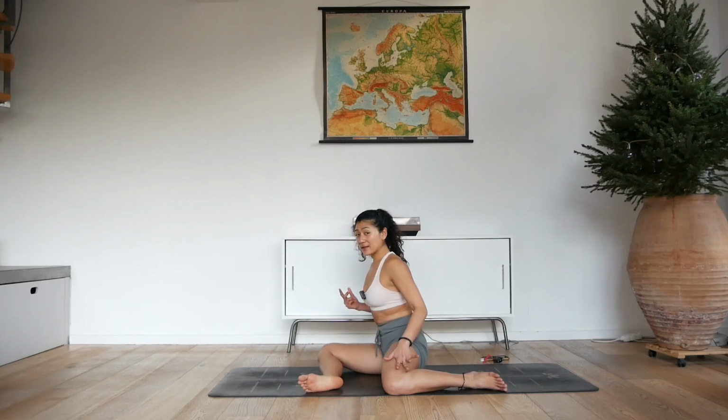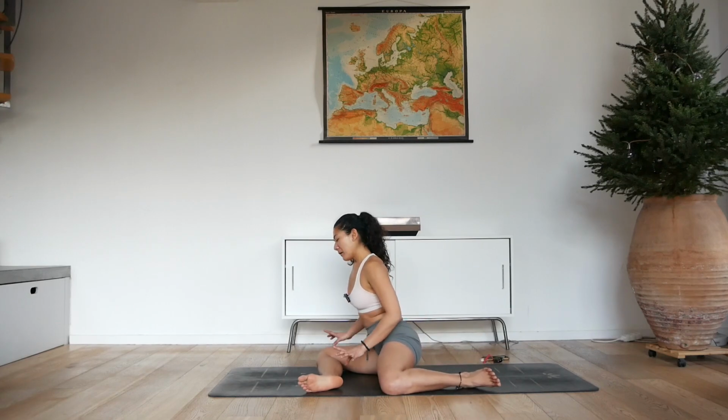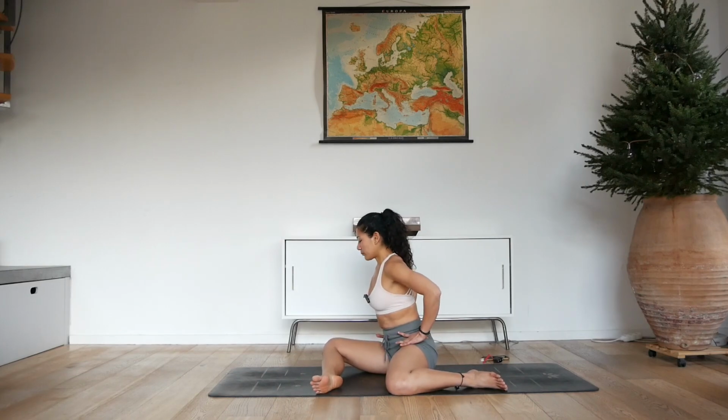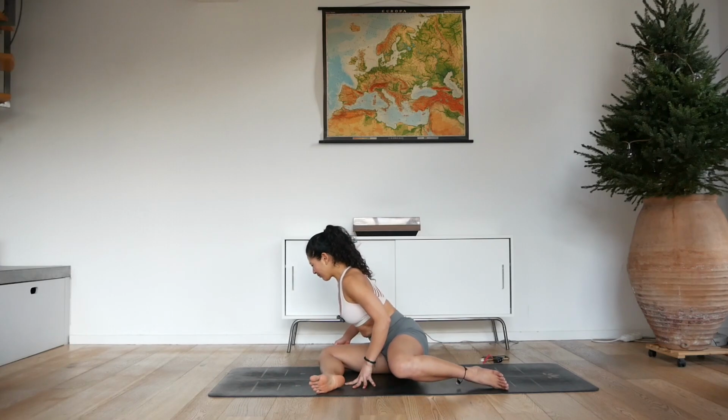Okay, last little bit here. You're gonna try to lift whatever you can lift here. Maybe use your hands to support. So trying our best here to kind of keep both sit bones grounded as much as possible, and you can lean forward to help, and then maybe lift the knee or the ankles